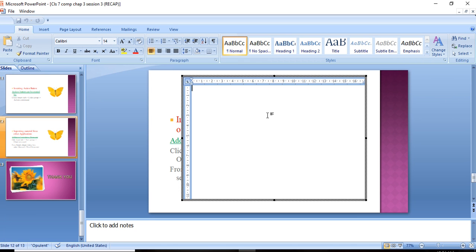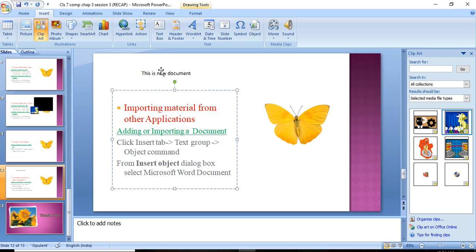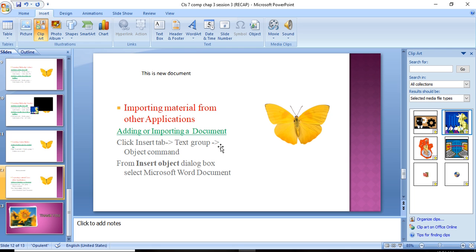So here the Word file is included. By that way you can insert the Word document. Suppose you want to add Excel sheets or an Excel chart, you can click on Microsoft Office Excel chart. So this is a way to import the material from other applications.